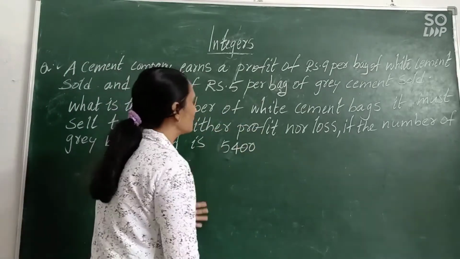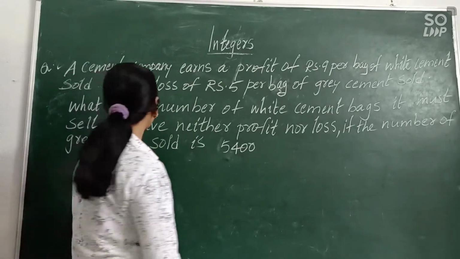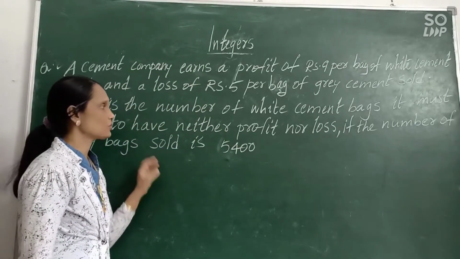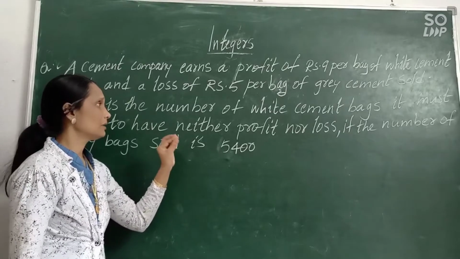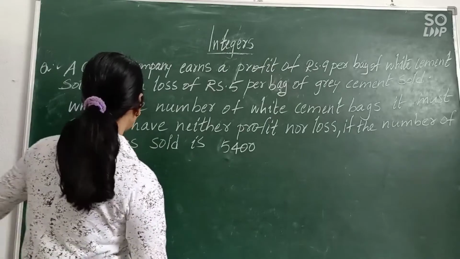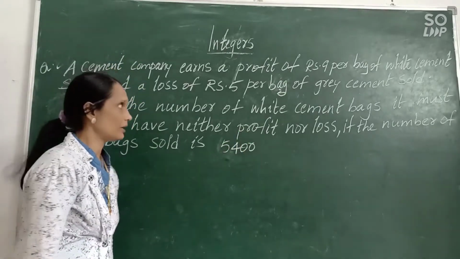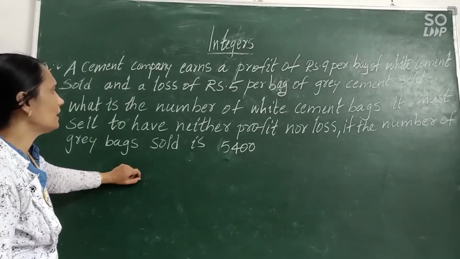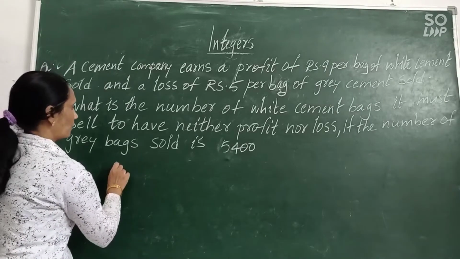They don't get any profit or loss. Neither profit nor loss, if the number of grey bags sold is 5,400. So when the company is selling 5,400 bags of grey cement, they get no profit, no loss. Okay. So one thing we should understand. If there is no profit, no loss, the profit on